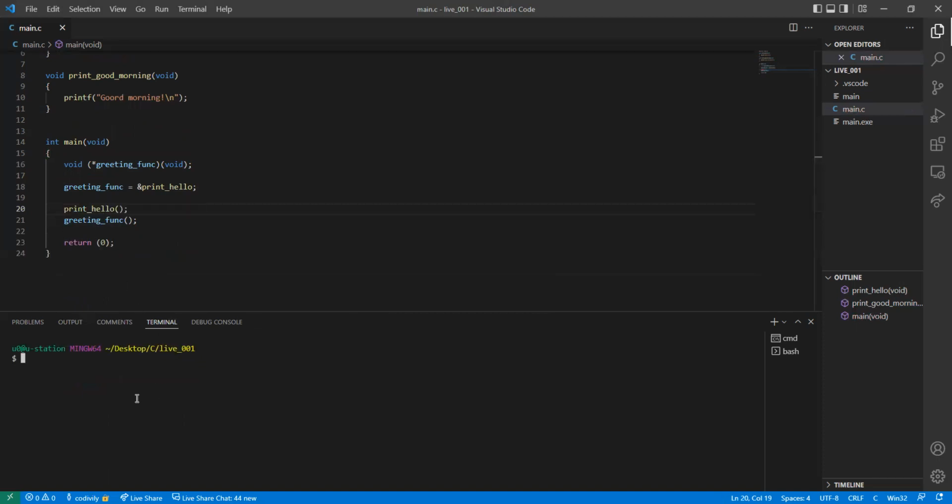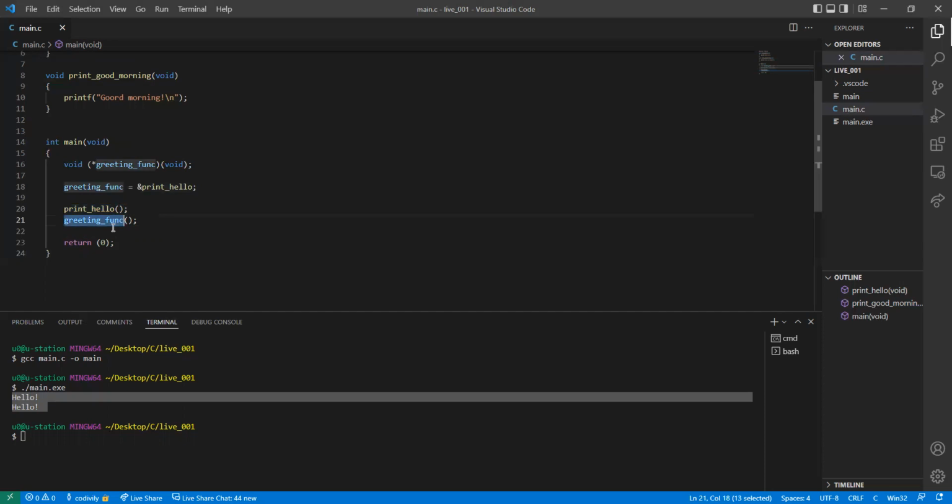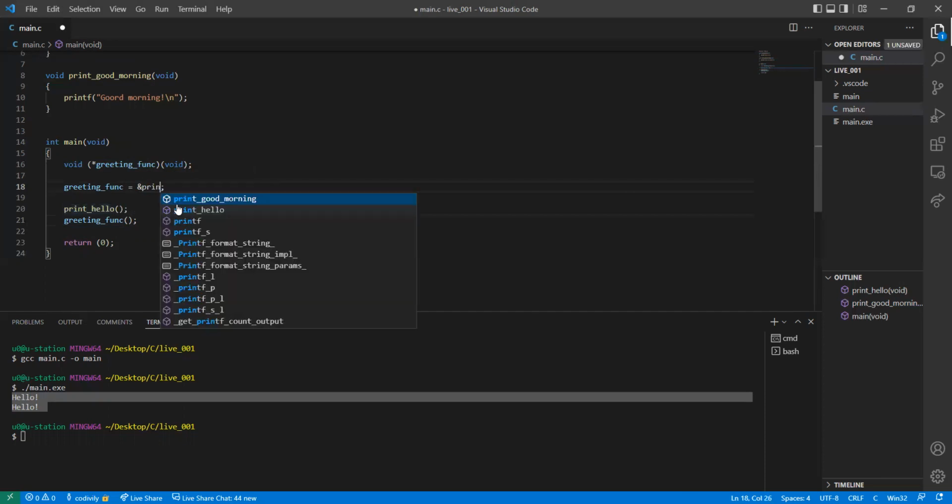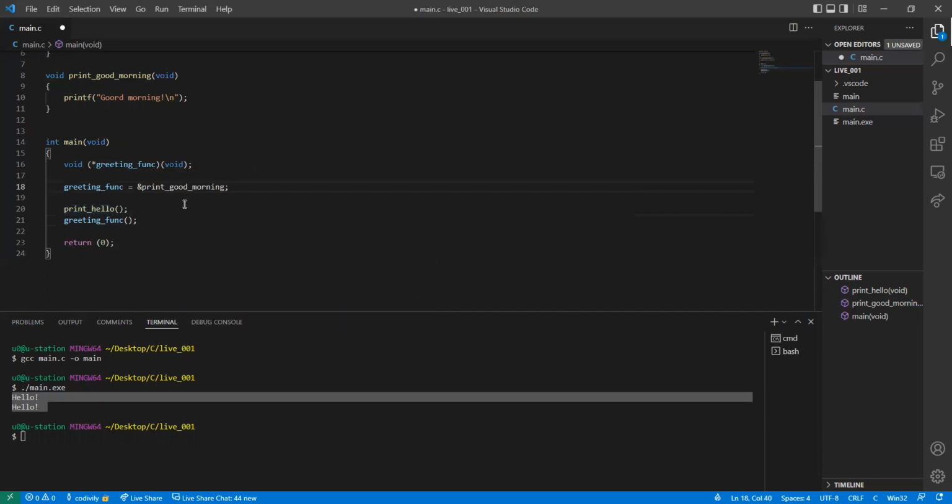Let's compile this code and see what happens. So gcc main.c, then the output file name, then we execute. Here it displays hello and it displays hello again. The first hello has been displayed from the actual call to the print hello function, and the second one is being displayed from the call using the pointer. So we can change this and even use print good morning,